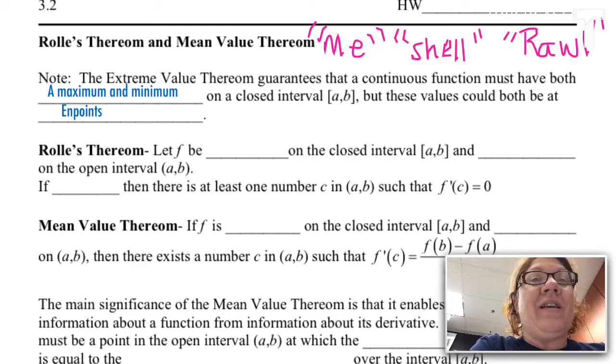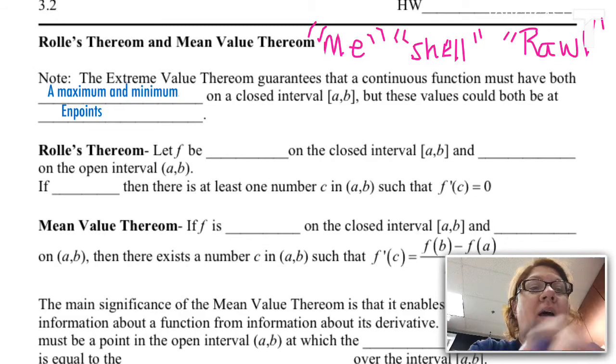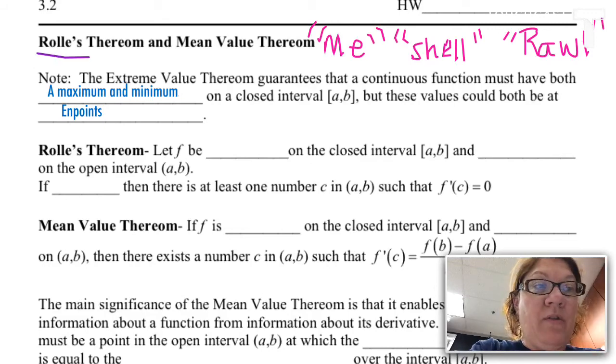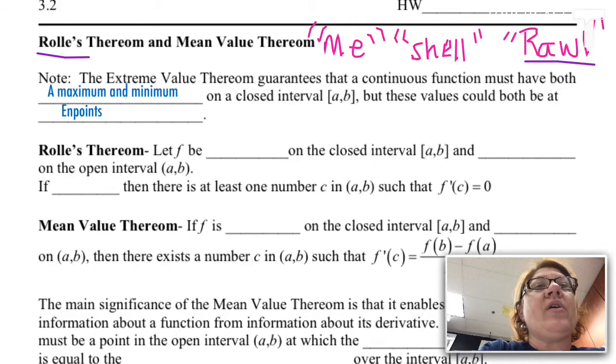Howdy, calculus, section 3.2. Okay, so the first thing is I want to make sure that you are pronouncing this correctly, because pronunciation always bugs me. So French people, you have a little bit of an advantage because this mathematician was French. His first name was Michel and the last name is pronounced Rolle. Rolle. Okay? Okay, so extreme value theorem says that a continuous function must have a maximum and minimum if